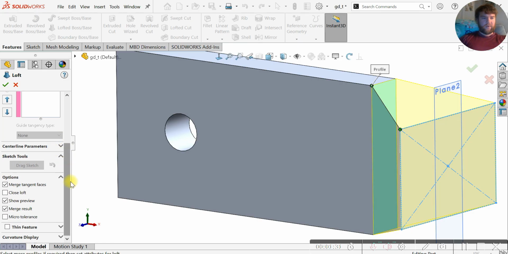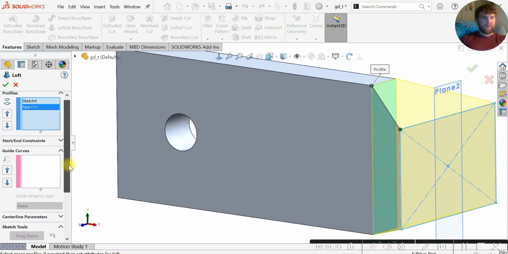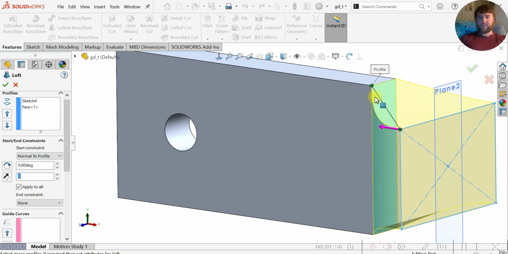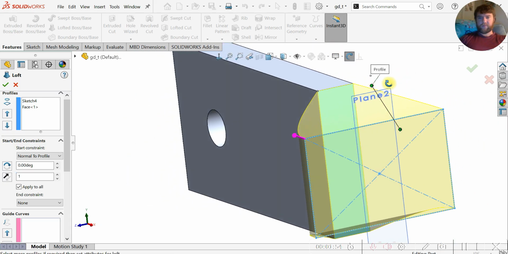Now for start and end constraints here. Right now it's a straight line. It kind of looks pretty dramatic just from this angle of the face to this angle. So if we select normal to profile, it'll make a nice curve. It'll curve the rails so that the loft is normal